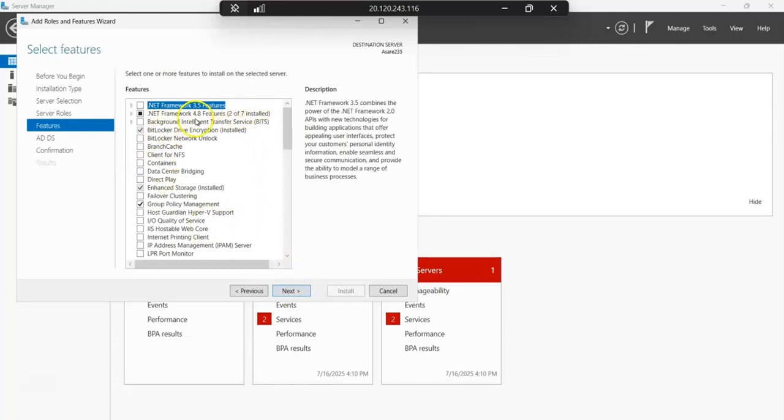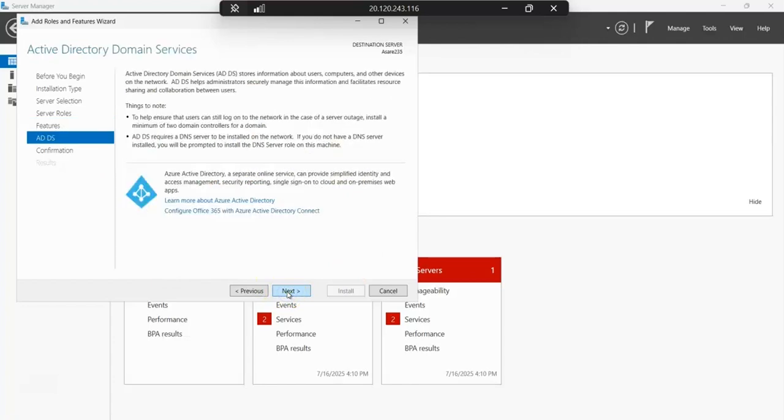And the .NET framework is needed for even the server manager console to run, which is also a feature that supports the working of the Active Directory domain service. So I'm going to go ahead and click next, and I'll click next again,